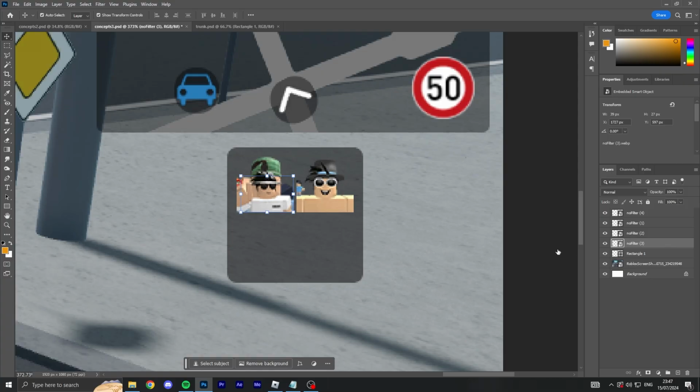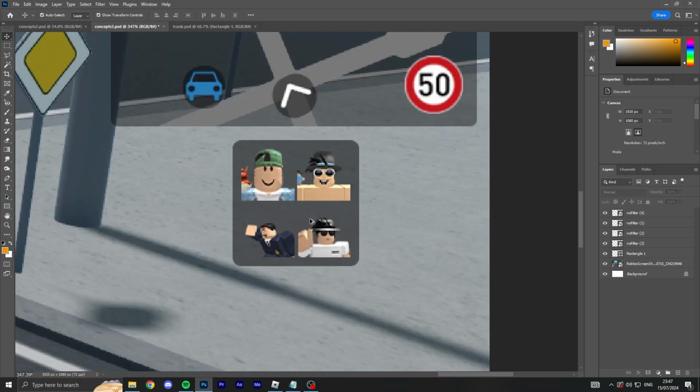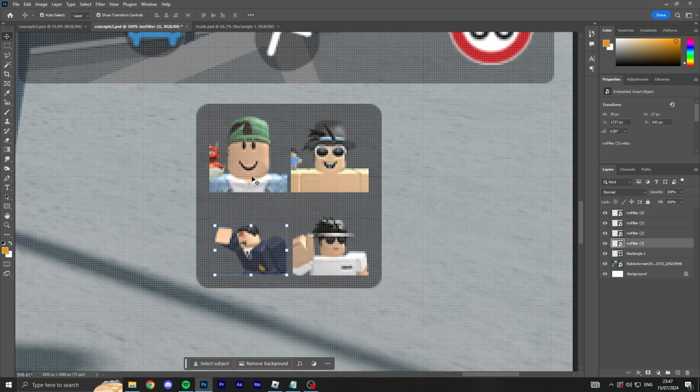Brilliant, brilliant. Okay, so then we just do the same for downwards. Just gonna go down, down, down, down, down, down. 1, 2, 3, 4, 5, 6, 7. And the last one. Let's just do this. Why not? Okay, boom. All right, there's our 4 players in the vehicle. And essentially now we are pretty much done.